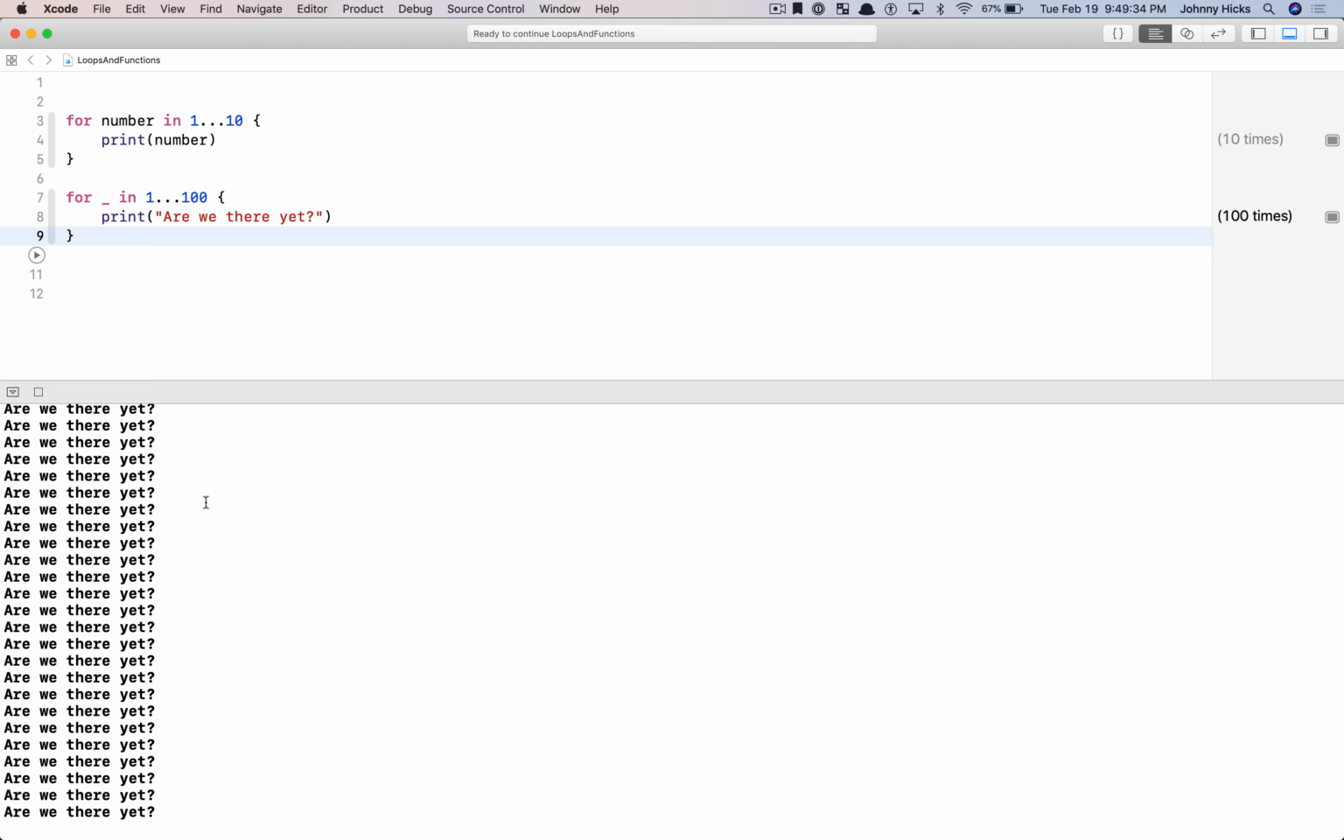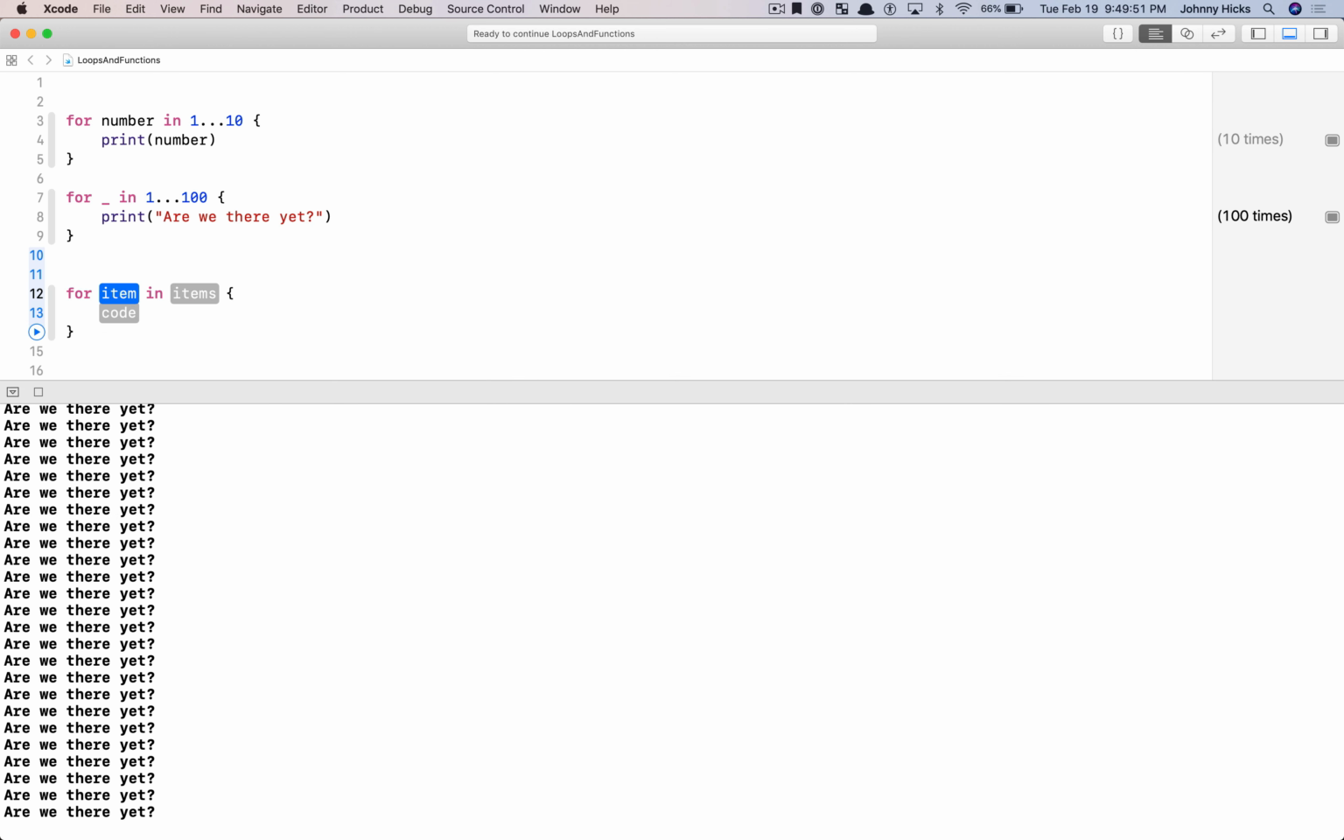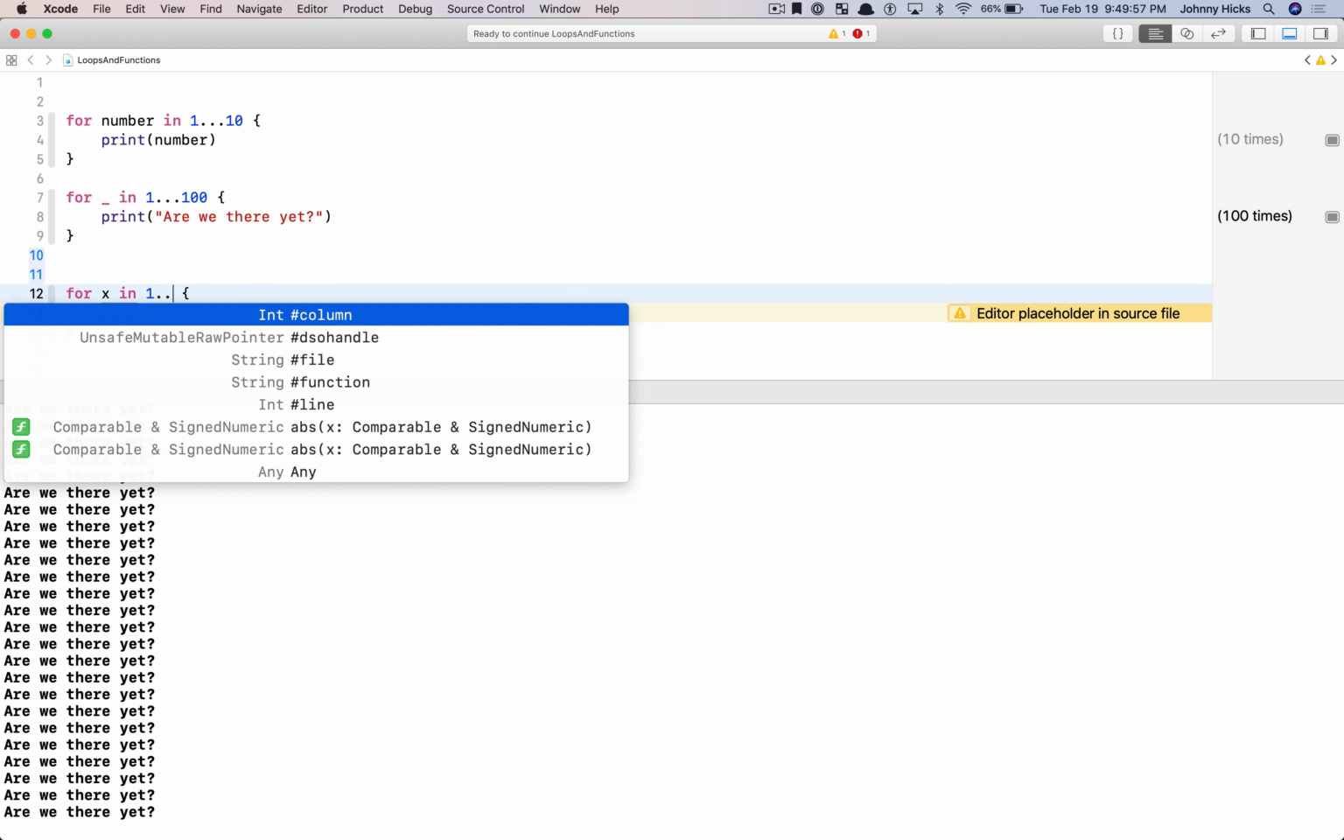So let's go ahead and do one more example. Let's say that I want to print out the numbers 1 to 100, but I only want to actually print the numbers that are a multiple of 3. Okay, well, how do we start out? We're going to start with our for here, and we're going to say for x or y or z or whatever you want in 1 to 100,